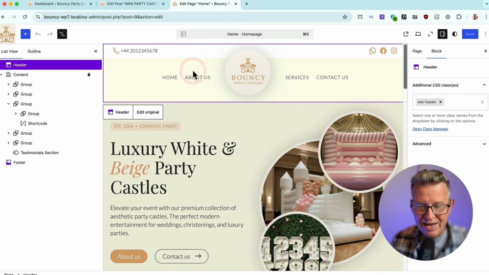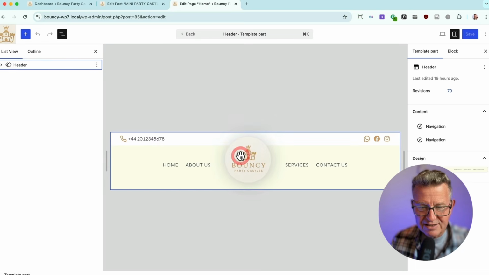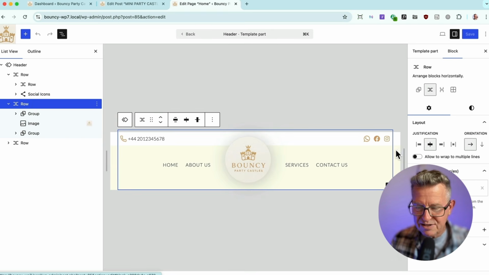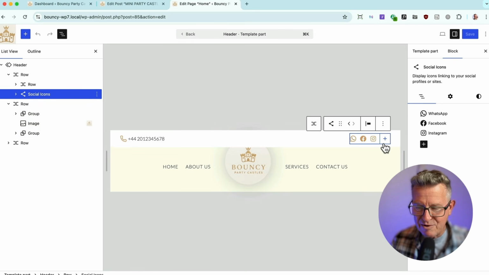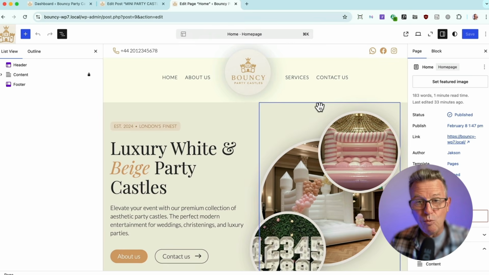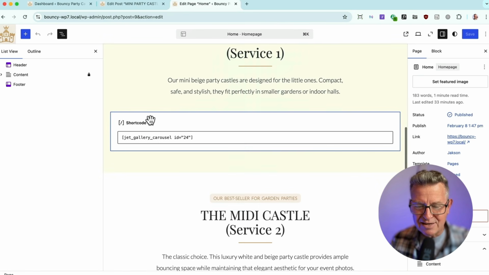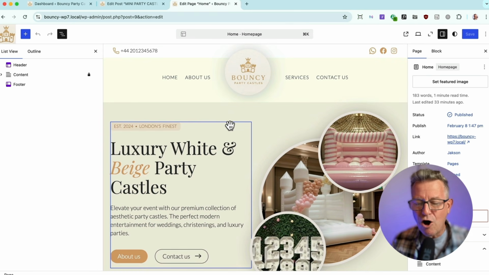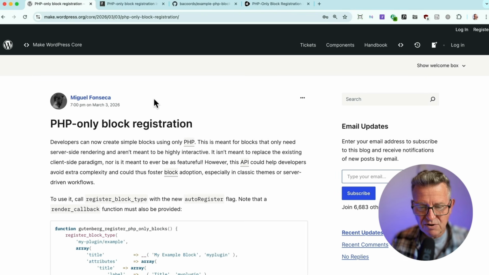But if it was something like the header, and say you had a weenie shortcode that you needed in this area here, it's going to absolutely screw the layout within the editor, and you're going to see this massive shortcode block mucking the whole layout in the editor, which is not a great thing. Always annoyed me. But then this new feature is slated for WordPress 7, which is, let's go grab that,